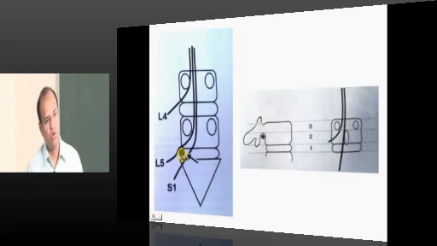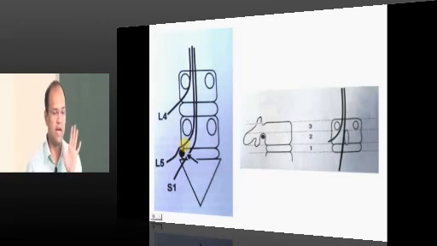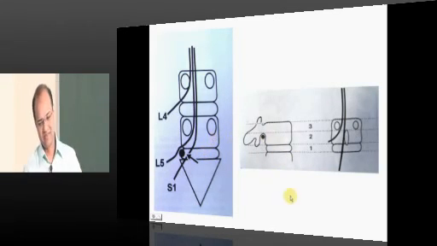Even if you don't understand these terminologies, just try to understand one thing. This is the L5 vertebra, this is the S1 vertebra. If an L5 S1 disc is protruded or extruded, what will happen? It will affect two nerve roots, that is L5 and S1. Simple, right? That's it.